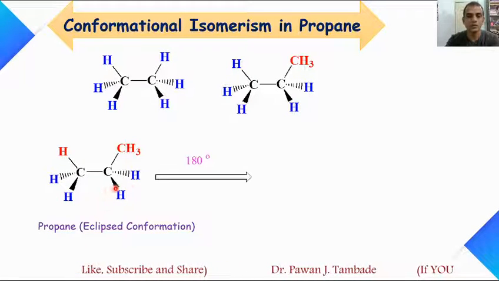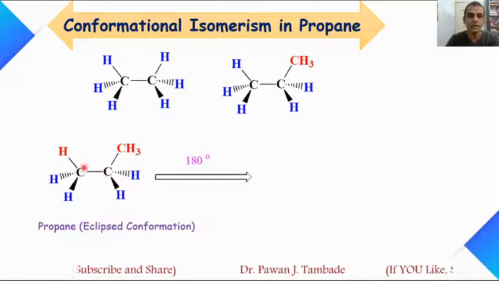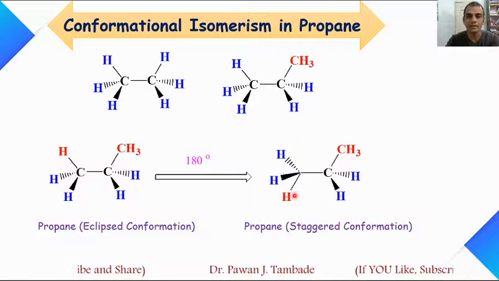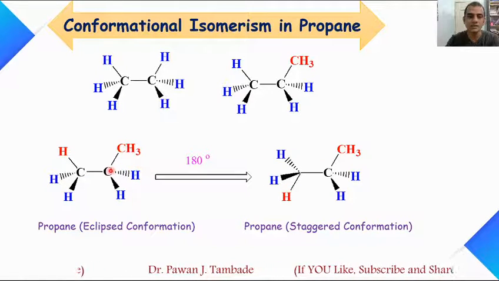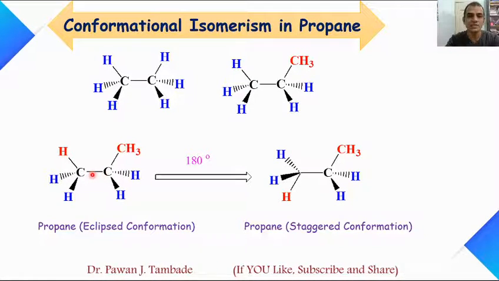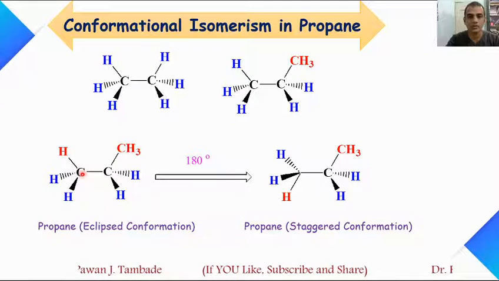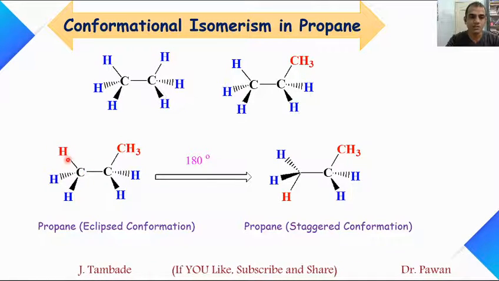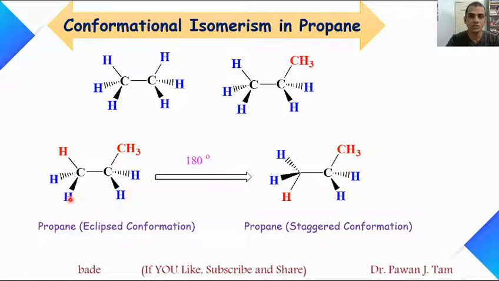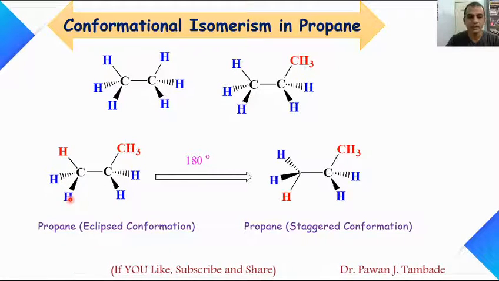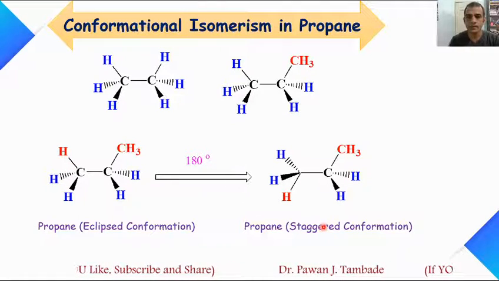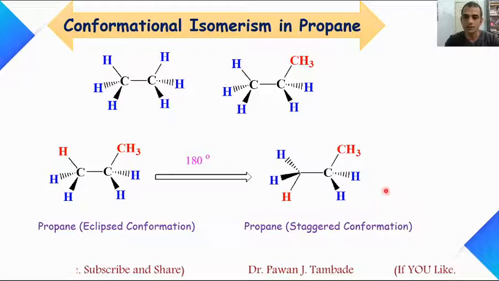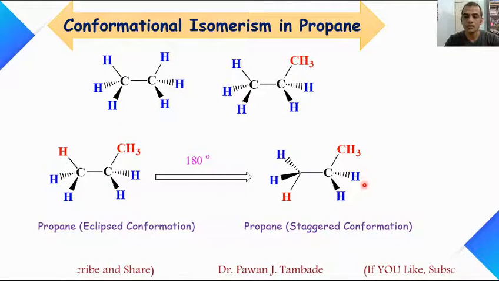Now if we rotate this molecule by 180 degrees, keeping one carbon intact, then we will get this type of structure. What we did in this case is, this carbon and this entire group we kept as it is, and the carbon-carbon single bond is rotated, so that this red colored hydrogen came to this position because we rotated it by 180 degrees, and likewise all these hydrogens changed their position and we got this conformation.